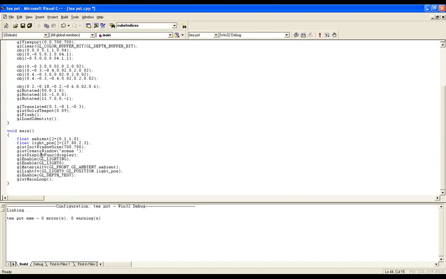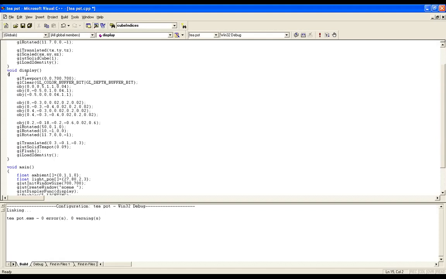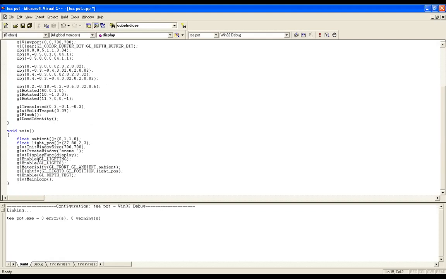The program comes here to the display function and jumps there, but before jumping, I am explaining two more properties in the main function, that is glEnable and glMaterialfv. glEnable is going to enable the current lighting parameters to compute the vertex color. I have given some lighting parameters, ambient and light pos, and I need to enable them before using them. Similarly, this is how I enable GL_LIGHTING and GL_LIGHT0.